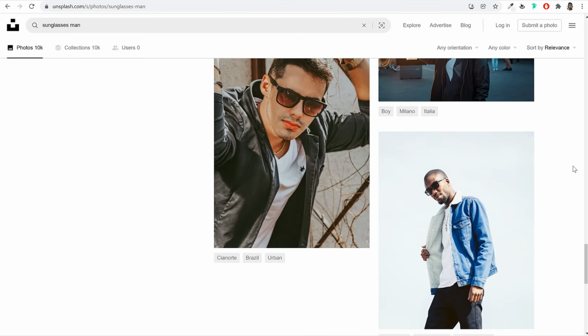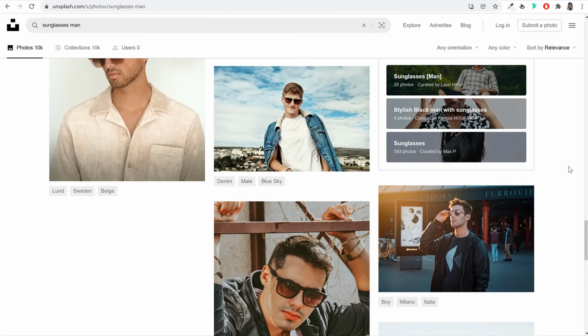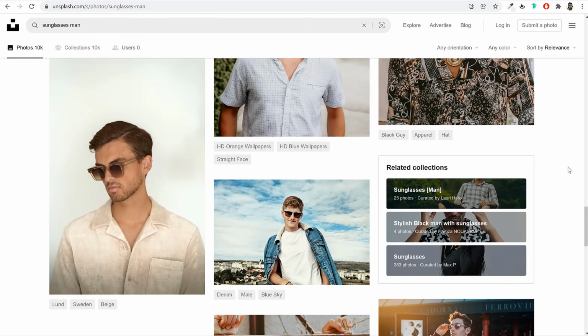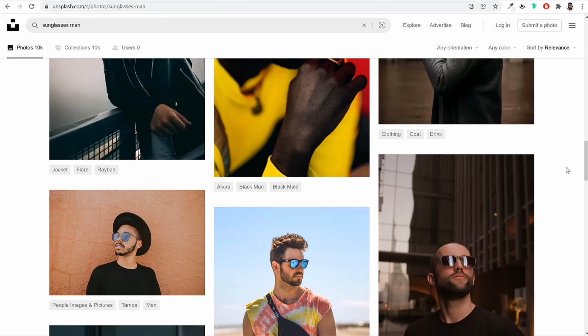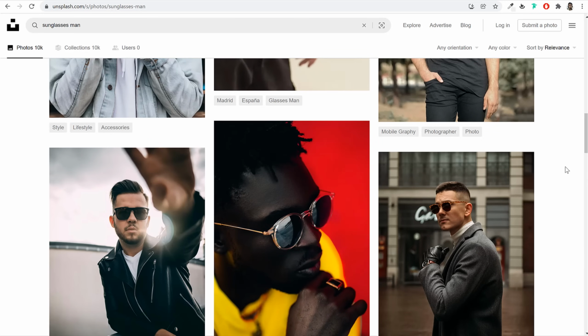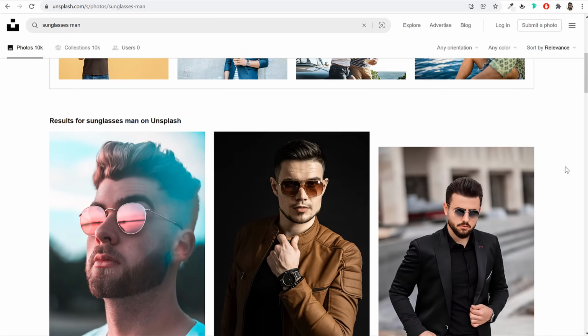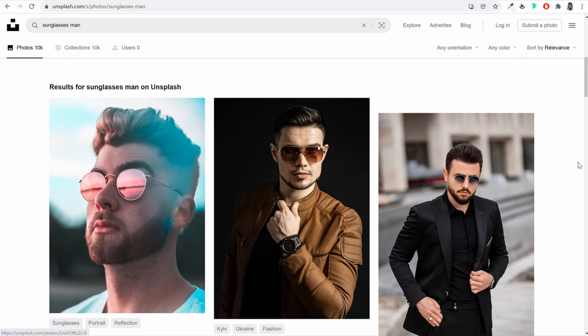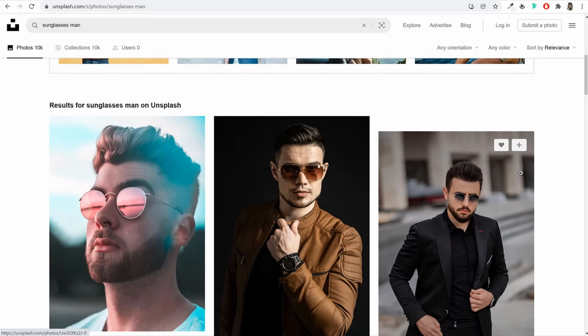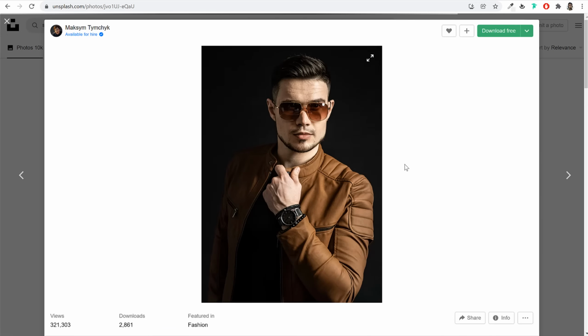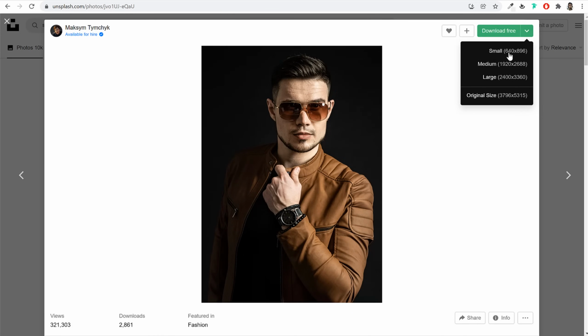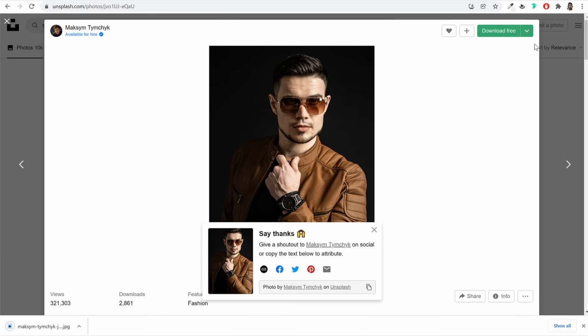Okay. And after that, I have already shown you how to do all the other things. Like you can download it, and after that you can make it transparent, and then you can use that Pixlr for that. Let's actually do one thing. Let's use some image. Maybe let's use this one. Okay, download the smallest size, small size. Okay, this is downloaded, and then let's make it transparent, or maybe let's go to